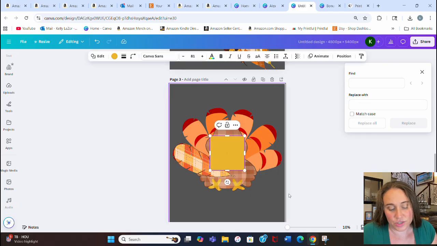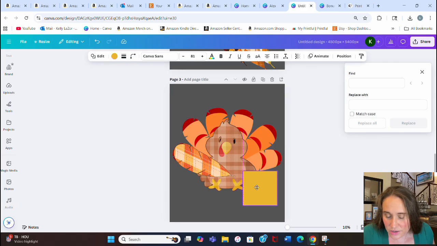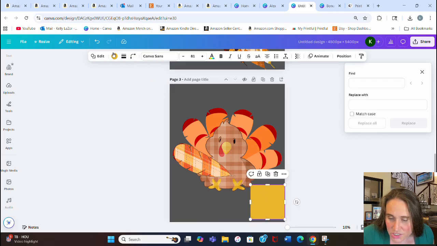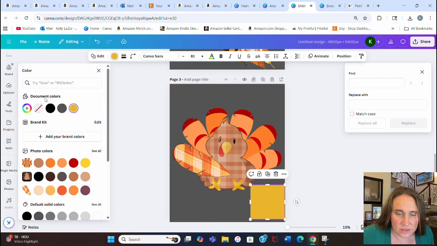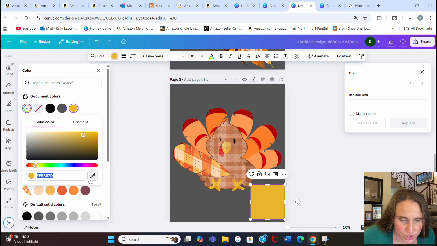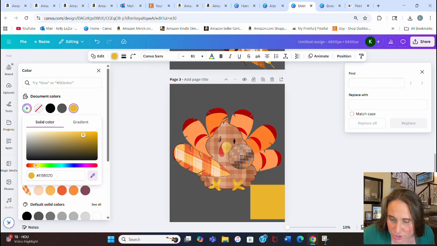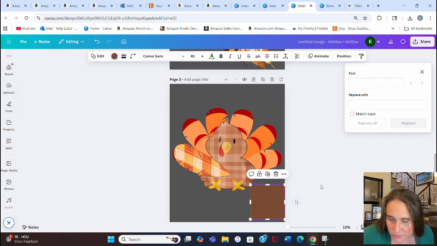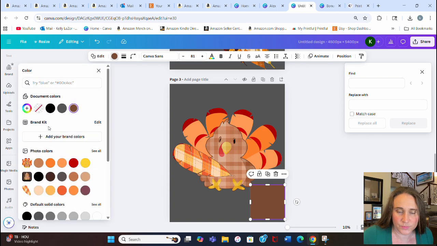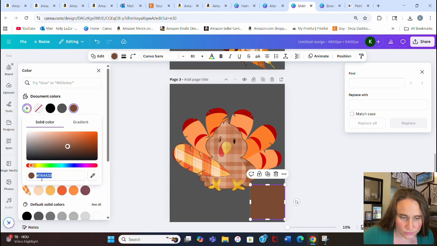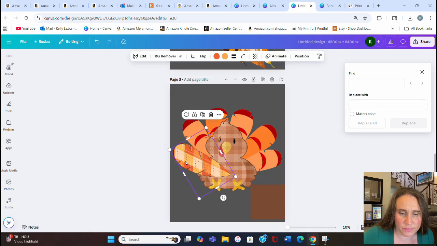An easy thing to do would be to just go ahead and hit R or C and sort of match this rectangle up to my shade that I have there for the outline. I'm going to use my eyedropper feature. I'm going to find the outline of my dude. So that's roughly the color of my outline. I'm going to go ahead and just copy this hex code. So I'm just going to hit copy